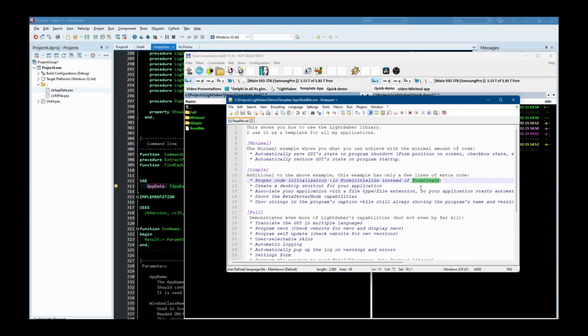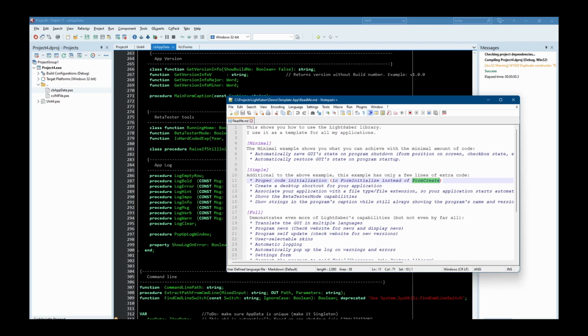One of the reasons is that the form could not be fully accessible. It's not fully constructed at this point. So if you try to draw on the canvas or something like this, the form will also look frozen for a while if you do your initialization here. So it's better to let the form be created and then run your startup code after that point. And this is what the update offers.